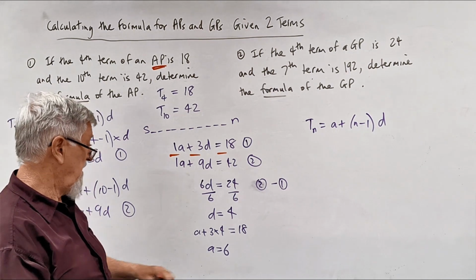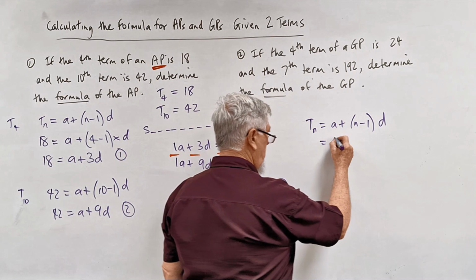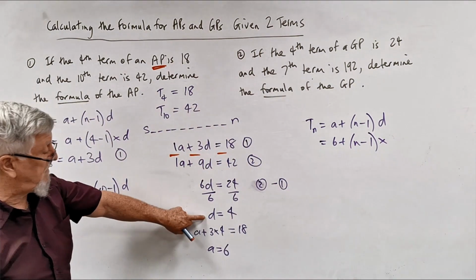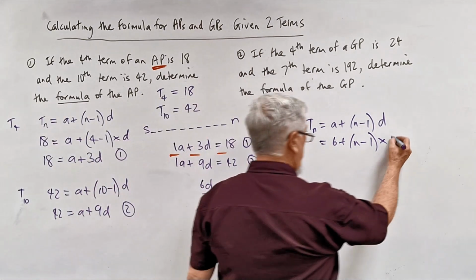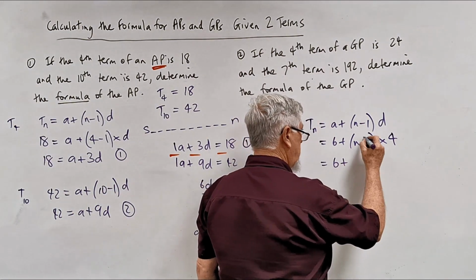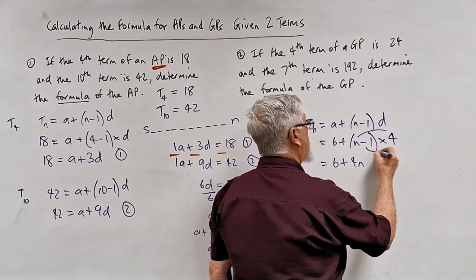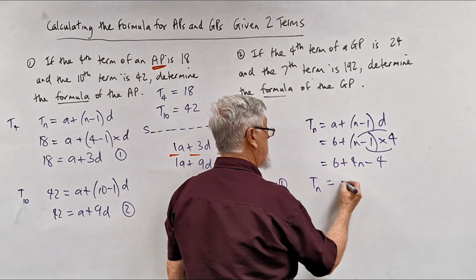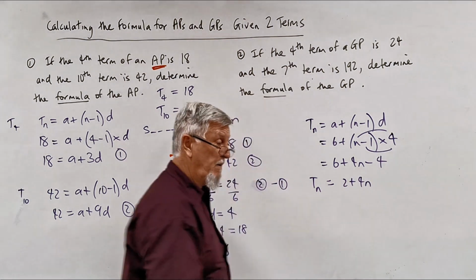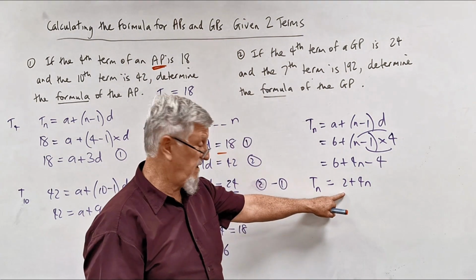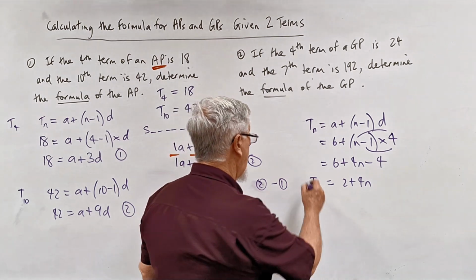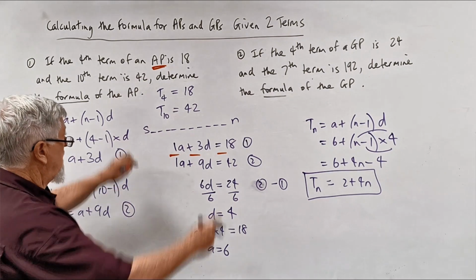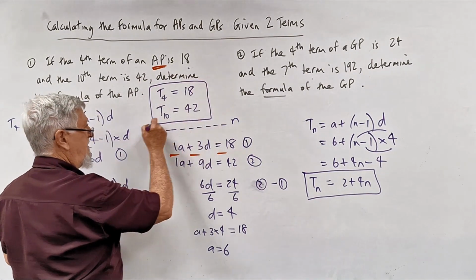Here we go. So we know that A is 6. So we've got 6 plus (n minus 1), and we know that D is, we found it a moment ago, 4. So what are we left with? 6 plus, that times that's 4n, that times that's minus 4. So we end up with Tn equals 2 plus 4n. Interesting, a lot of people prefer to write the number by itself first. You don't have to, you can put 4n plus 2. That is the formula of that AP given those numbers. Now we're going to